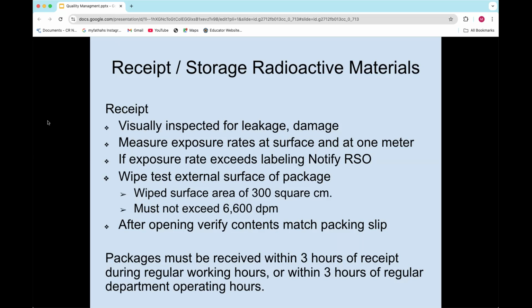If either of those two are occurring, then you're going to want to stop and notify the RSO, get management involved, because we're going to need to communicate with the facility that sent it and find out what's going on. The other thing you're going to do is measure those exposure rates at the surface and at 1 meter,